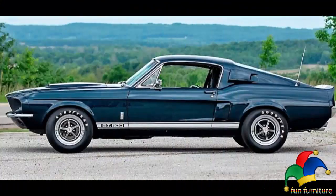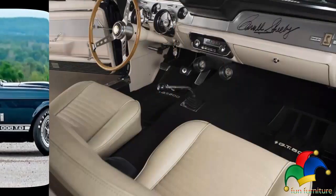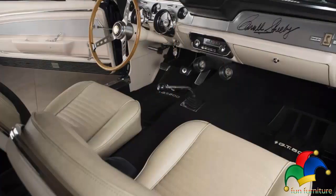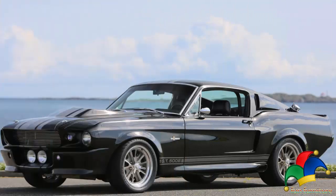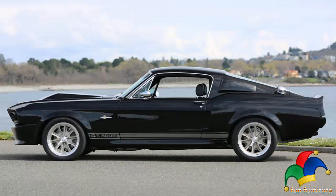In 1967, Shelby produced the GT350 and the GT500. The GT350 carried over the K-code High Performance 289 with a Cobra aluminum high-rise, and the GT500 was added to the lineup, equipped with the Ford Cobra FE Series 428 cubic inch 7-liter V8 engine with two 600 CFM Holley 4-barrel carburetors sitting atop a mid-rise aluminum intake